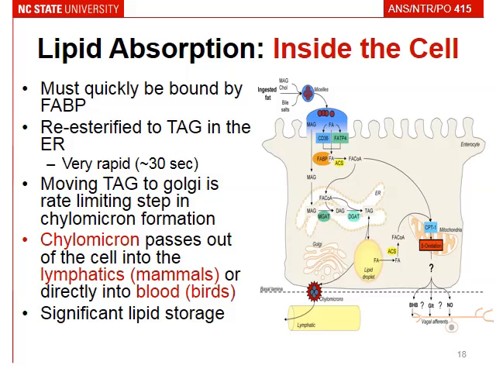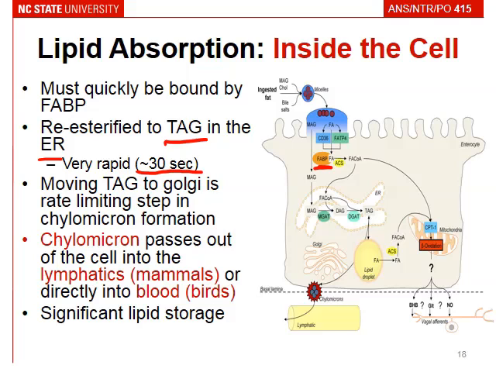So once we have our non-esterified fatty acids coming through, we quickly bind it to our fatty acid binding protein. And very quickly, we also end up re-esterifying it to a triacylglyceride within the ER. And this is very rapid. It's occurring within 30 seconds of that fatty acid being absorbed, because we really want to make sure we don't form any detergents